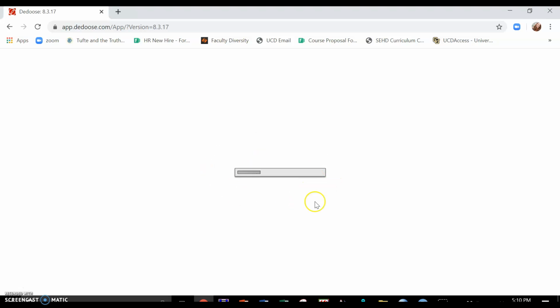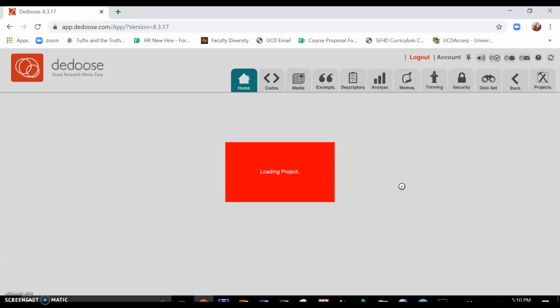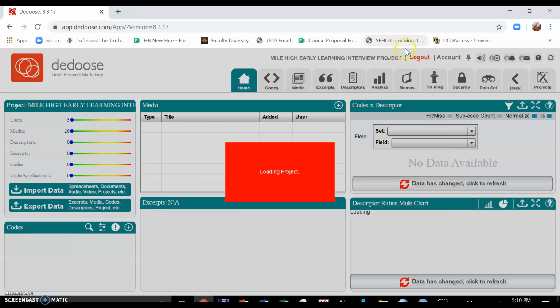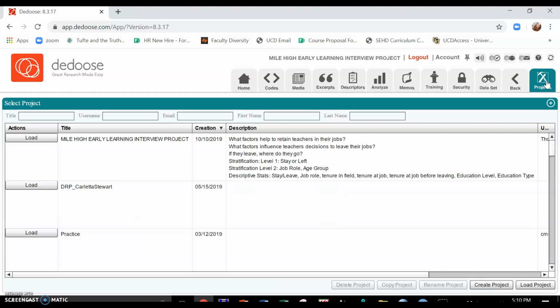If you get this screen, you are on the right track. Depending on how much RAM your computer has, this might take a little bit longer than other times. We'll see how it goes. So then you log in, and it's going to default by opening up to whatever last project I was working on. So we're going to go over here in the corner to projects, and we're going to start a new